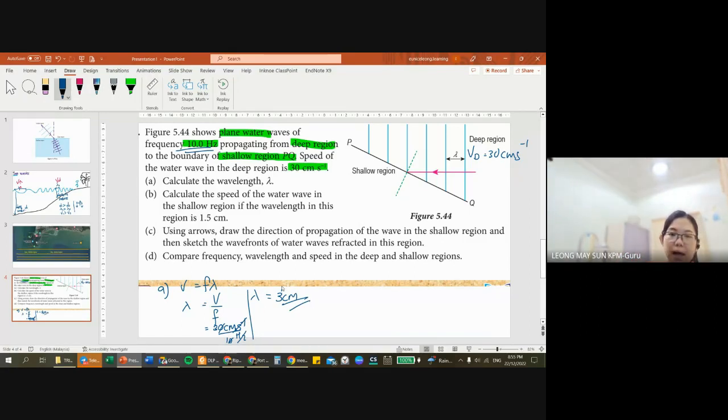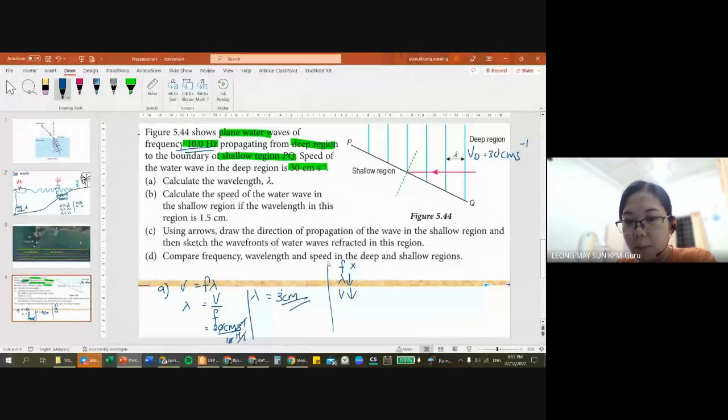Now, the question says calculate the speed of the water wave in the shallow region if the wavelength in this region is 1.5 centimeter. In refraction of wave, remember the characteristic: the frequency doesn't change. And it's moving from deep region to shallow region, so the wavelength should decrease, and the wave speed should decrease. With this information in mind, for part B,